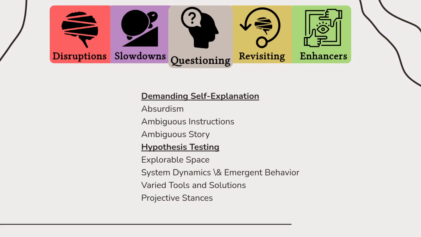Questioning patterns are all about absurdity and creating ambiguity that the player has to resolve by reflecting on the game. These do have some overlap with disruption patterns, but the difference is that disruption patterns are more about singular events, whereas questioning patterns are more about the gameplay as a whole. Questioning also involves hypothesis testing, which is giving the player options in which to try certain things out, really test the systems of the game, and spaces in which to do that kind of exploration.